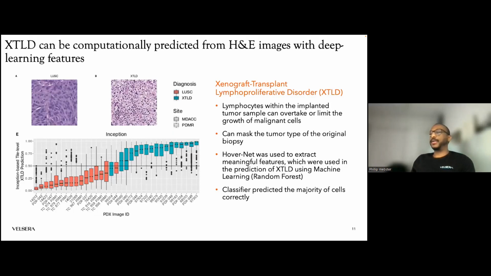One other tool to come out of this was a deep learning model that could, from mouse tissue, accurately tell which tissue samples, or which xenograft transplants, had gone through lymphoproliferative disorder. It's a rare condition. You see it in patients, but you also see it in mice with these transplants. It's when it involves immunosuppression following an organ transplant. And what it can do is mask the original phenotype and function of the tumor types that were originally implanted. So the results you're getting may not be accurate. And so a deep learning model was developed that can do quality control,